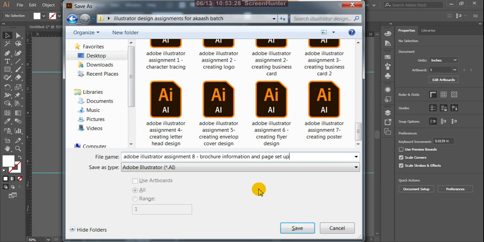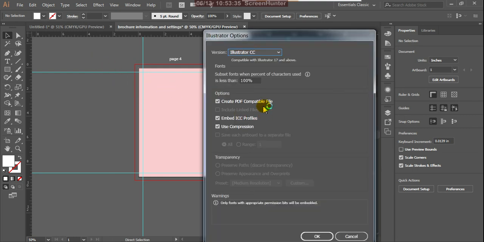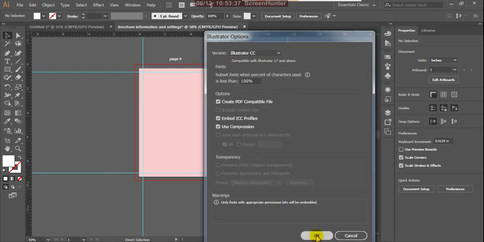Brochure information and page setup. Save this.